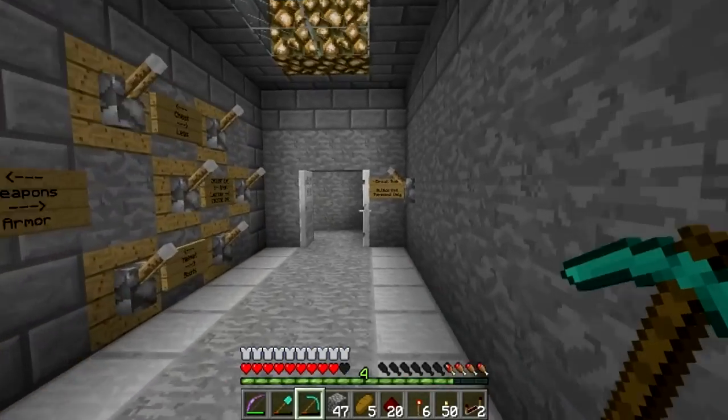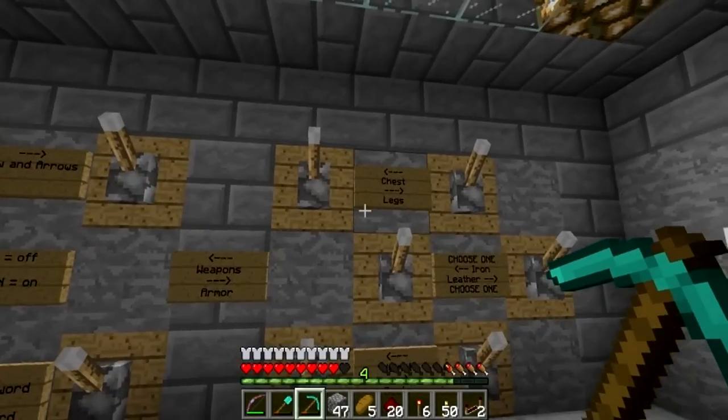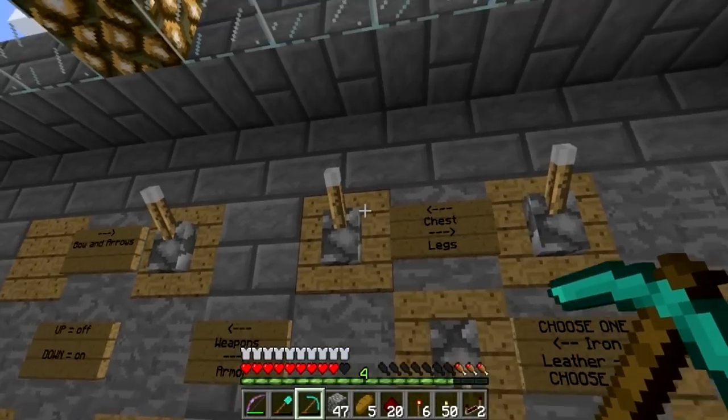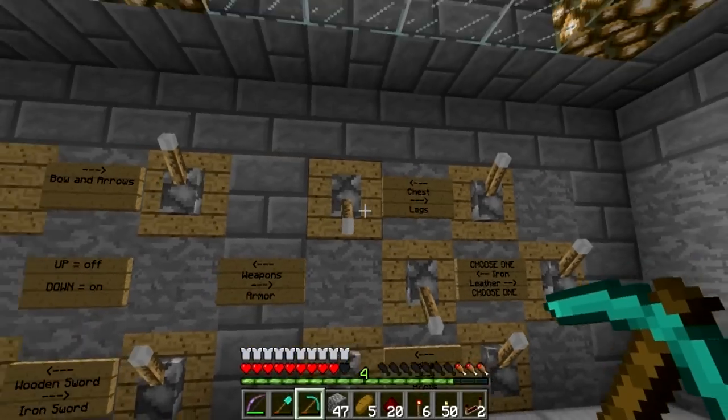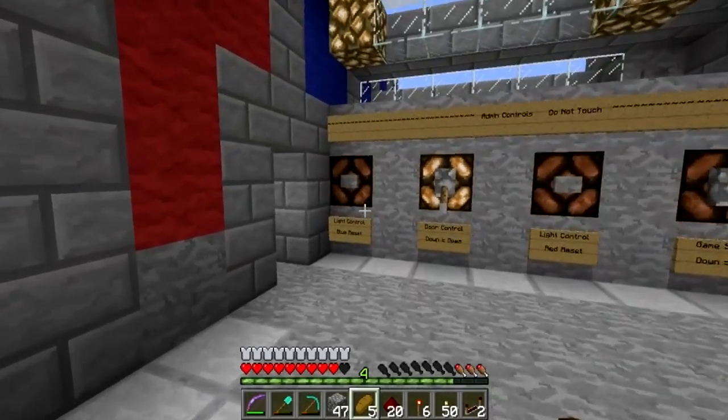So let's say that you wanted to battle with a wooden sword, and first you gotta choose iron or leather. Let's say you choose iron, and you get a chest and helmet, because that's all you want. You want to have no pants on. So then you'd run over here, and